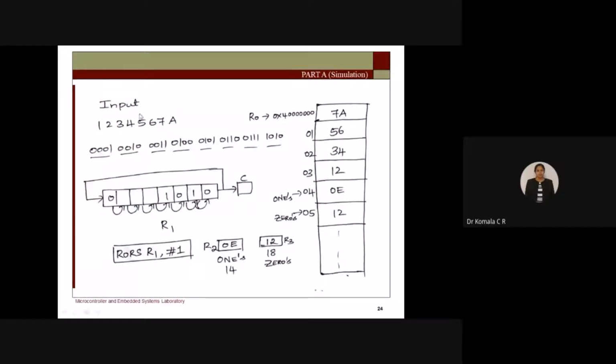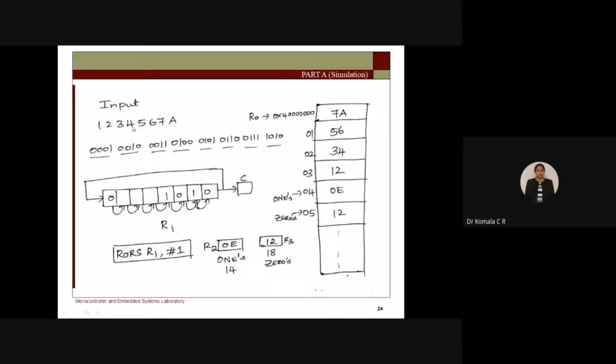So for this hexadecimal data, I've taken a simple example here: 1, 2, 3, 4, 5, 6, 7, A, something. You can even go for some other example. I've written a binary equivalent of this. What is the binary equivalent of 1? 0001. In the same way, the binary equivalent of 2, 3, then 4, 5, 6, 7, then for A it is 1010, right? So many bits you have, 1, 2, 3, 4. Here you can check 1, 2, 3, 4, 5, 6, 7, 8. Eight fours are 32 bits you have. So this is the 32-bit number given. In this you are going to check how many ones are there and how many zeros are there, right?